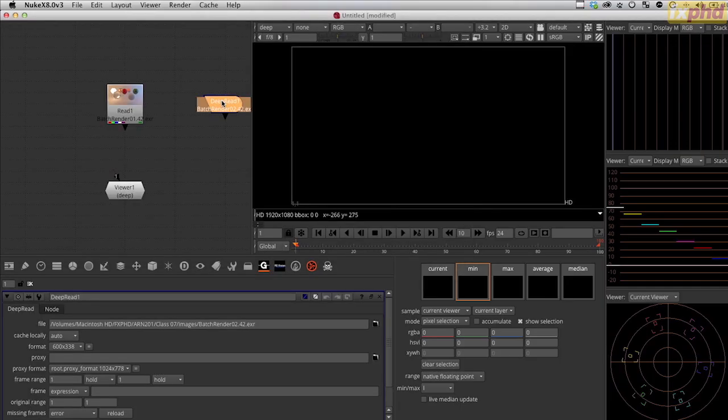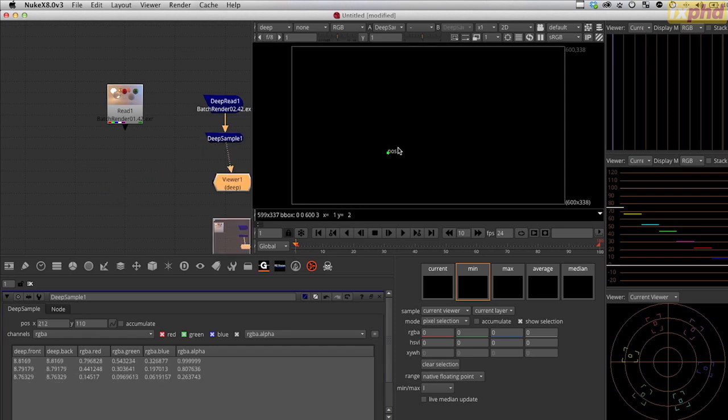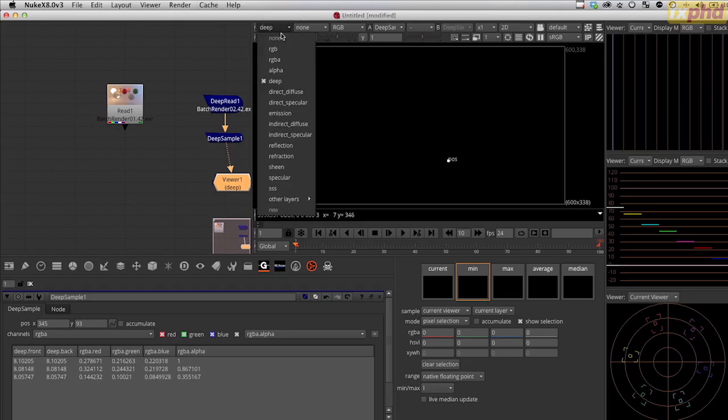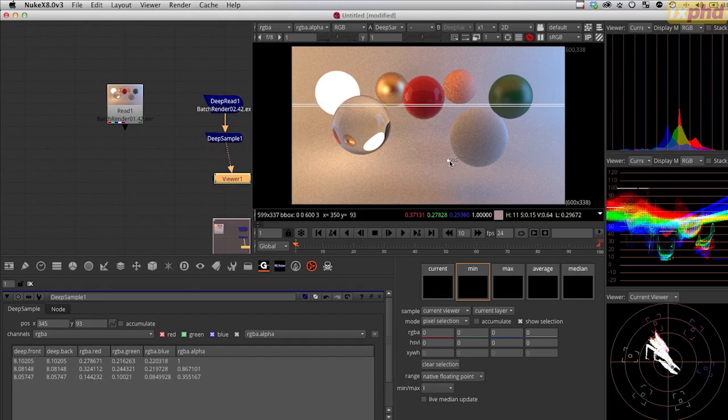And I'm going to just start by doing deep samples, deep to samples, or deep samples rather. And if we view that, you can see immediately we now have some deep samples here. And if we come to our RGB, there is our RGB information. So if I come over here, you can see that we have those 3 or 4 deep samples. If we jump back to Maya